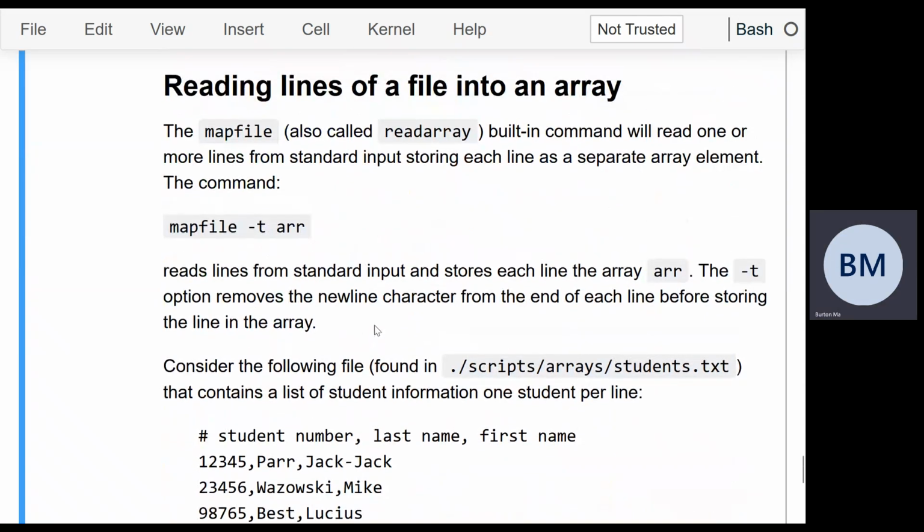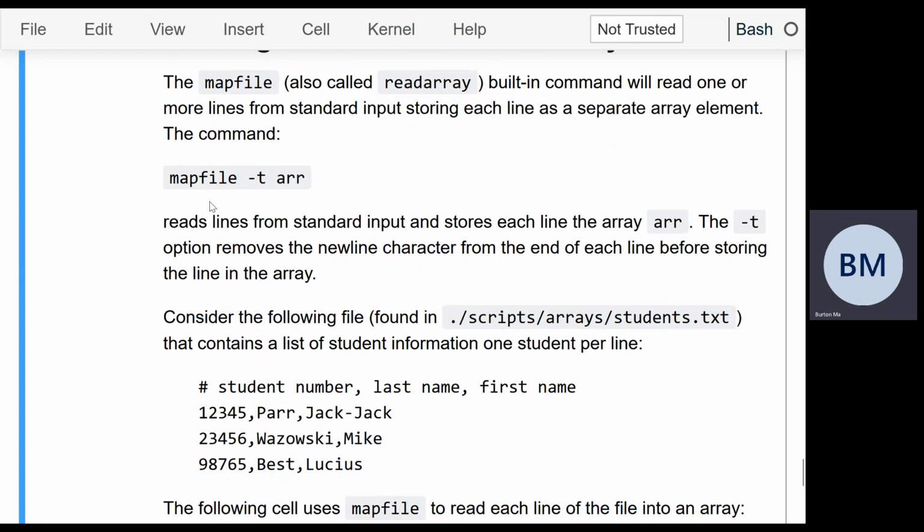Okay, so reading lines of a file into an array, this is also occasionally useful. In the previous lecture, we used read and we read in a file one line at a time, and then did something with the line as we read in the file. Instead, you can read the entire file into a single array. Each line of the file goes into the array as a separate element. So the command mapfile, which is also called readarray, these are both the same command, readarray and mapfile,